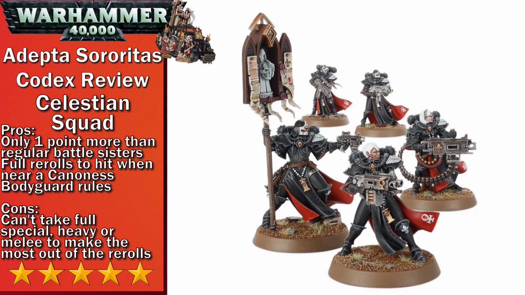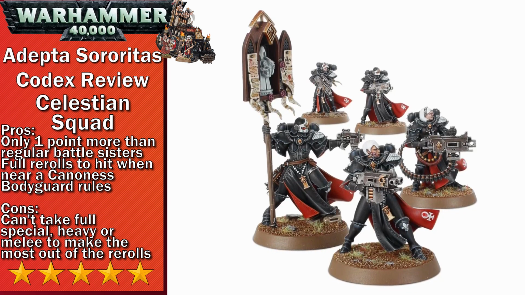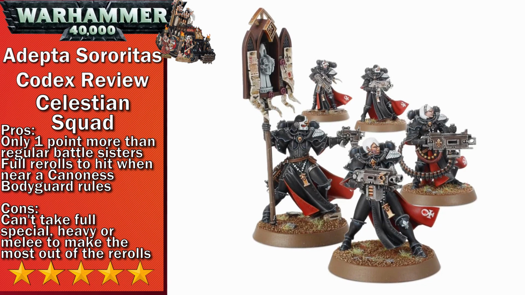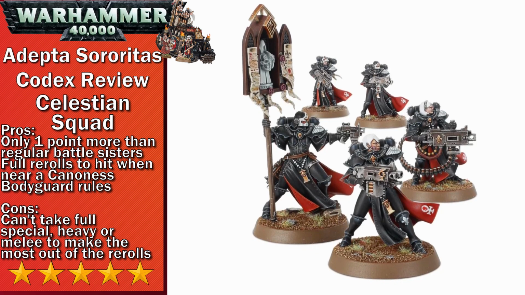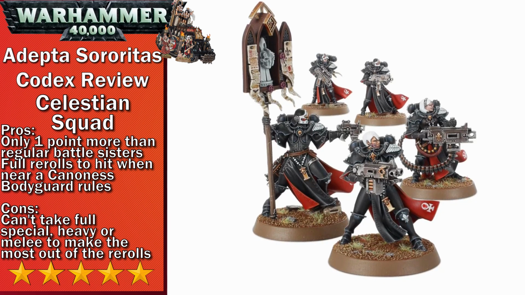First of all, they are a bodyguard in a unit that can take lots of models. This means that if you give them support with, say, the Hospitaller, or just generally keep them tight around a Canoness, they're going to be able to keep them very well protected. Furthermore, you get full rerolls if you're nearby a Canoness. This is really important. A full reroll is really good, and it essentially is better than adding 1 to the